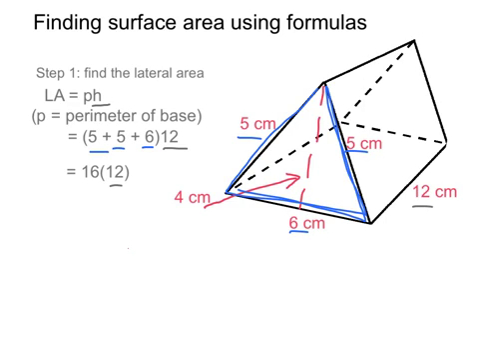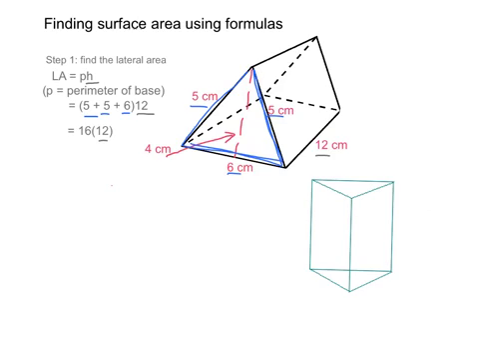I know what you might be thinking. Why isn't 4 our height? But it's not our height because it's actually part of the base. Imagine flipping this prism over like this. Now you can see that our height is right here, and that's what's 12. The 4 is this part right here on our base. So now we do 16 times 12, which is